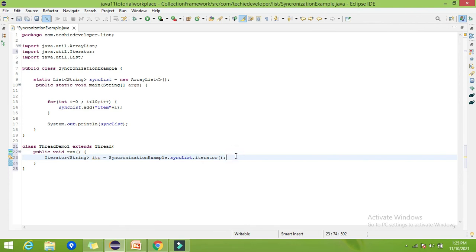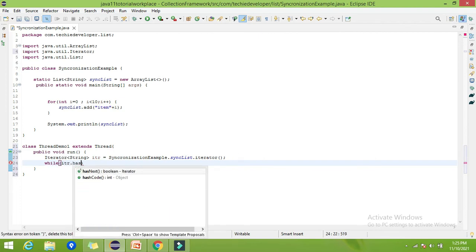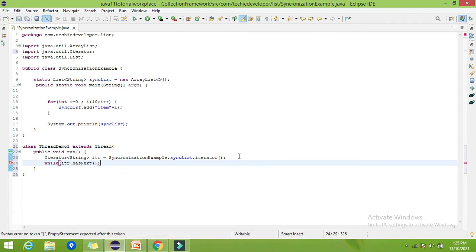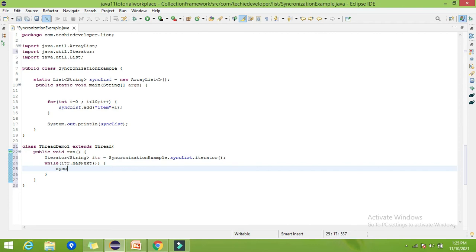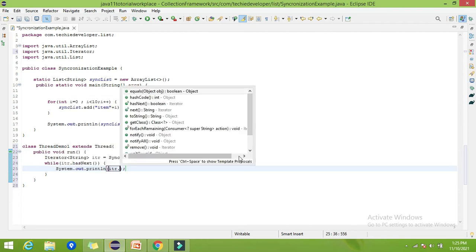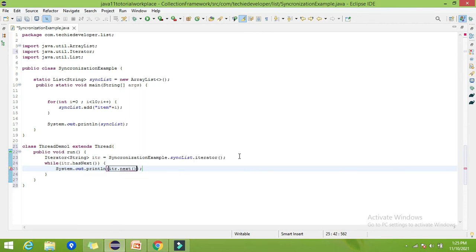Then we can iterate by using a while loop. While itr.hasNext, and simply print out here itr.next. So that's it.